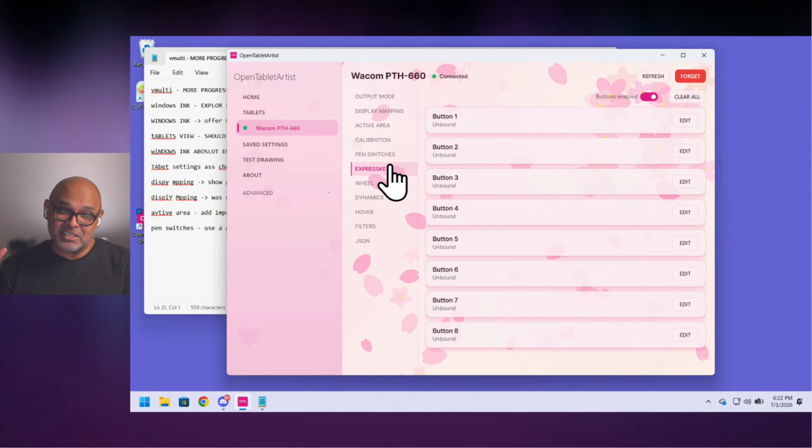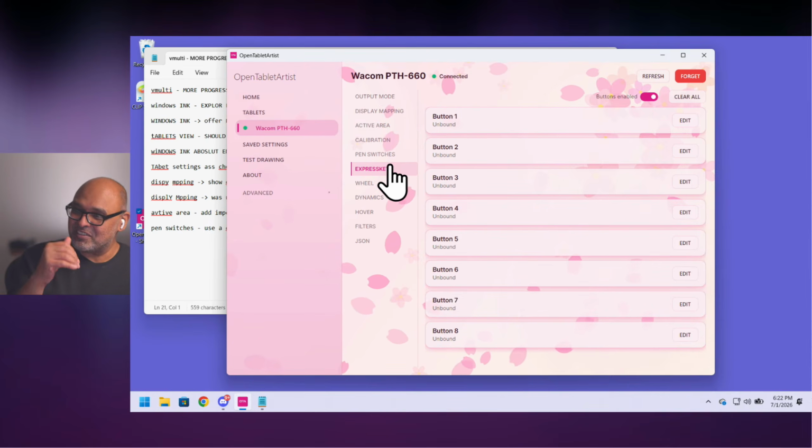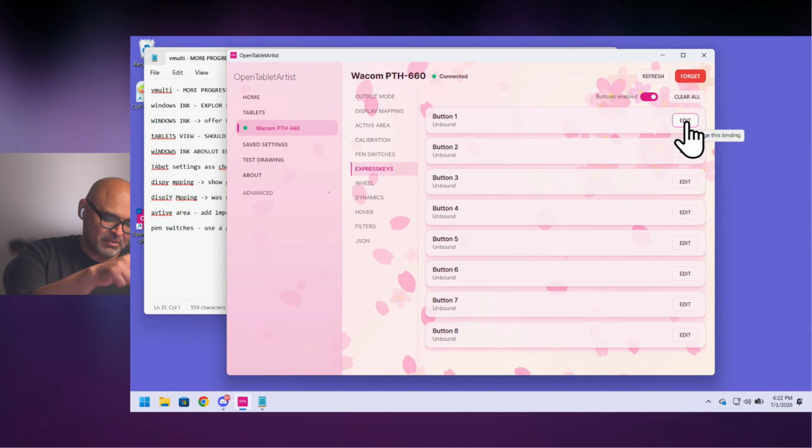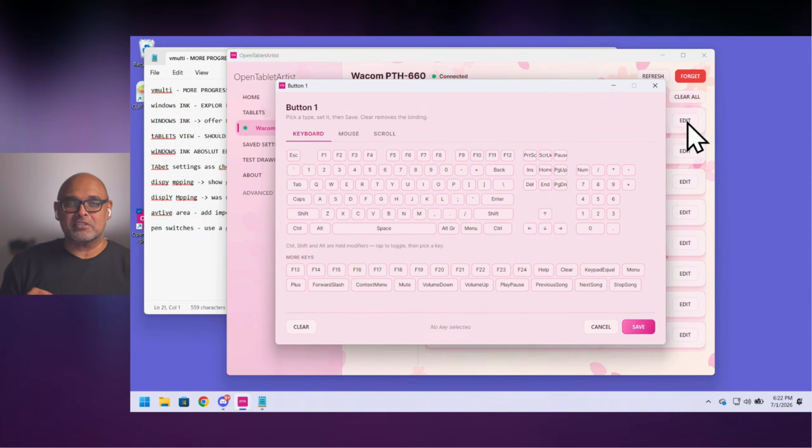And here we get to see something exciting. I know, very exciting. We're going to assign a button to do something. Let me click Edit. And look at this. We actually, if you want to assign a shortcut,